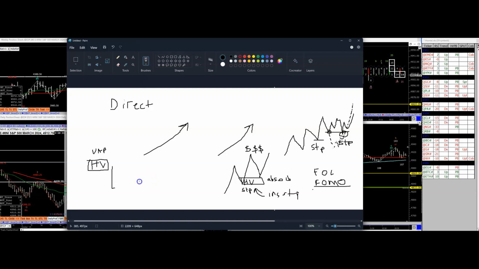Ease of movement, and here's the point. Ease of movement confirms accumulation and distribution, and I'm telling you why, so you understand the reasons, and this is